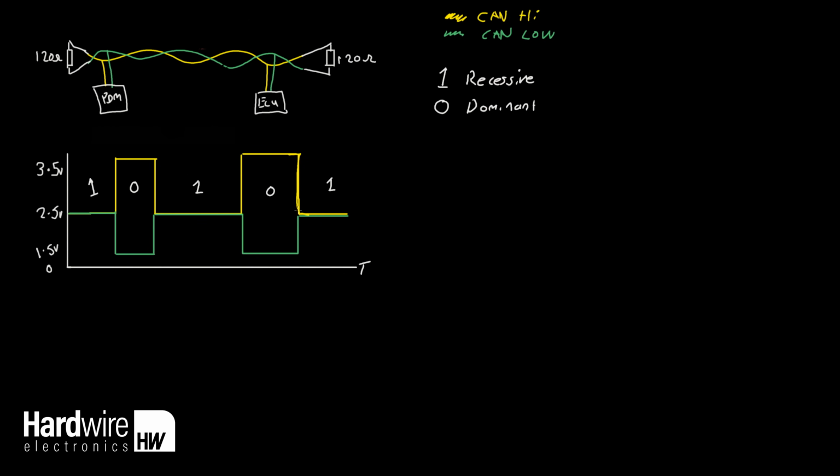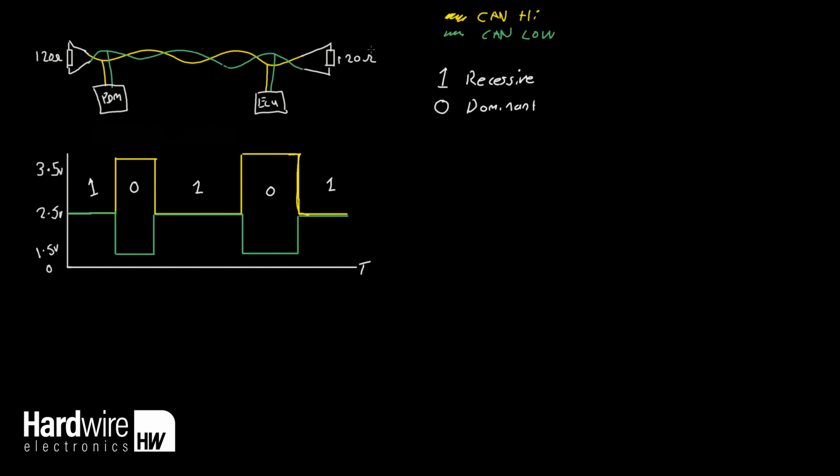voltage like this. Now, if the termination resistors were something like 500k, then due to the capacitance on the CAN bus itself, instead of getting this nice sharp drop down in voltage, you get a real slow drop like this. And that's obviously not what you want. You want nice sharp transitions between your 0s and 1s. So that's why we use the resistors at the end of the CAN bus, and why the values of 120